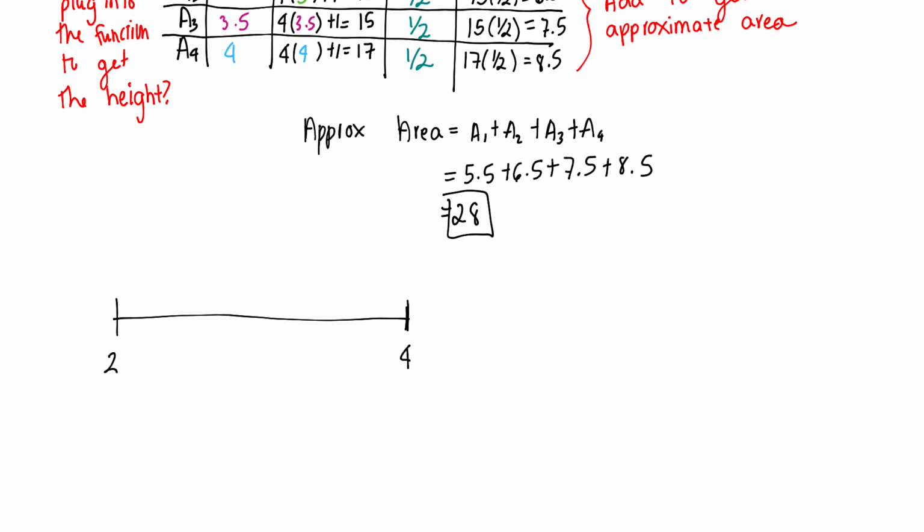Right? 2 plus 0.5, this is 0.5 wide. Well, that would be 2.5. And then the next one should be 0.5 wide. Okay, well, 2.5 plus 0.5 would be 3. All right, well, this one has to be 0.5 wide. 3 plus 0.5 is 3.5. And obviously those didn't turn out very evenly split up, but there we go. And then if you're doing right endpoints,